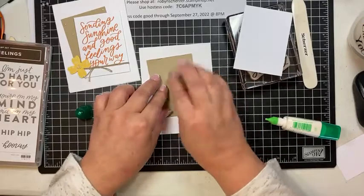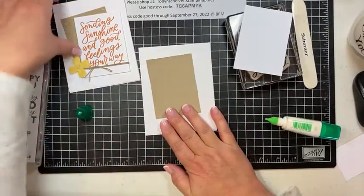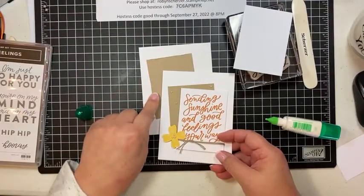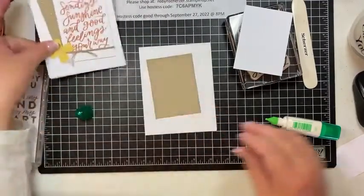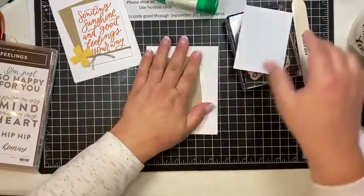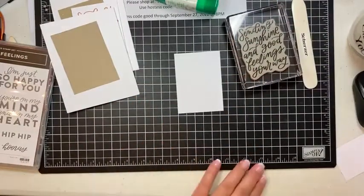So I am going to just lay that kind of crooked there. Now look, you can even tell the difference already. See how it gives it a little bit more dimension by roughing it up around the edges? All right, so I am going to stamp this